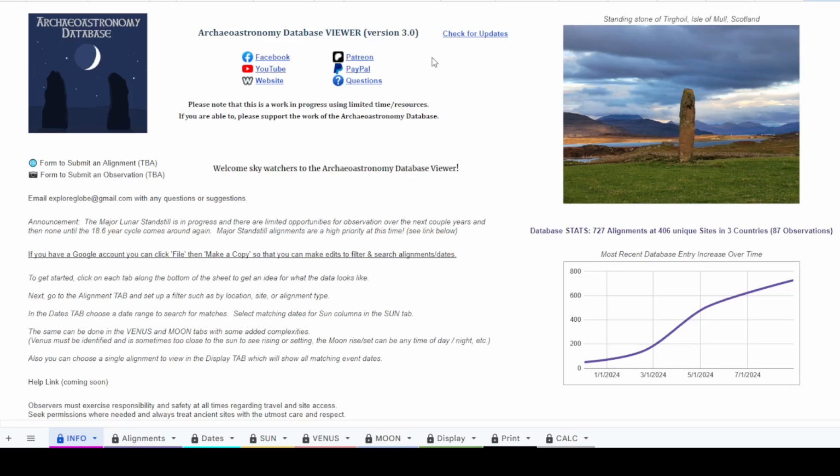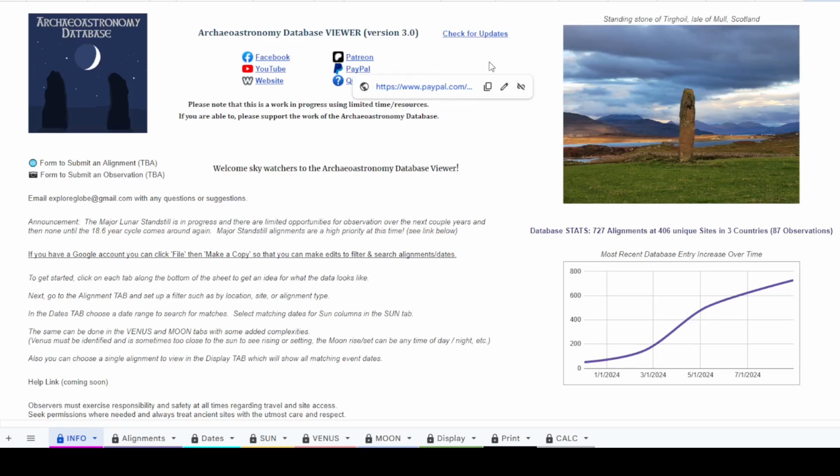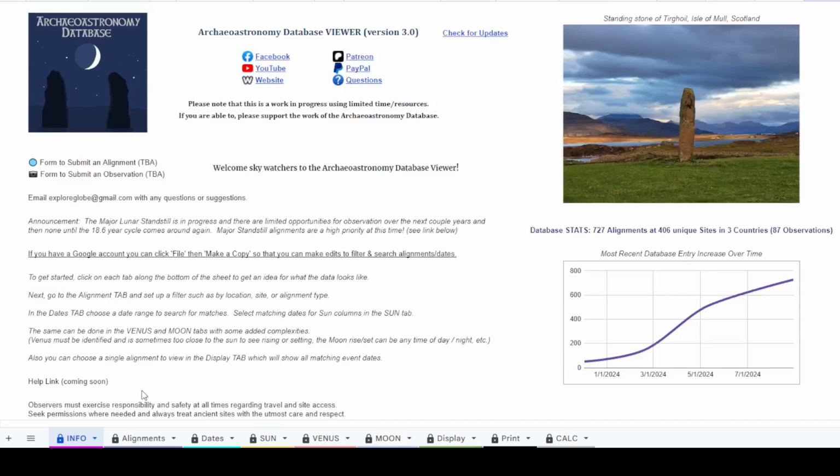And in the future, you can also click this link to check for updates of the database viewer tool. And if the viewer version number changes, then you'll know that it's been updated and you can make a new copy of the new version of the tool. So with that being said, we'll go ahead and get into the database and take a look at what the